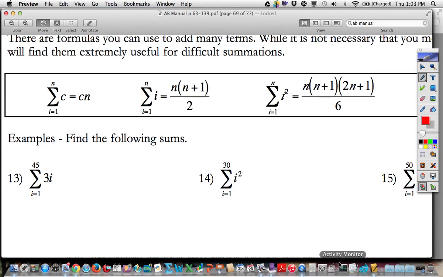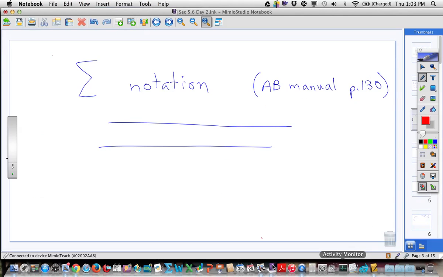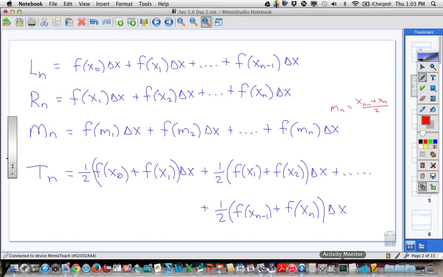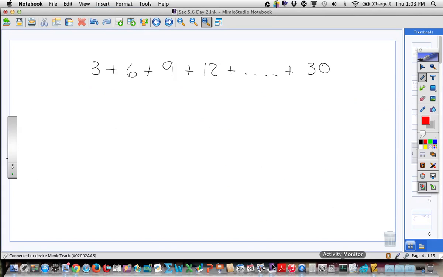Why would we want to do that? Well, if you think about what we've been doing, we've got some sums written out. It would be nice to be able to write those in a shorter version using a sigma. So, let's practice on a couple real quick ones here. If I gave you this sum and said I wanted you to write this as a sigma,